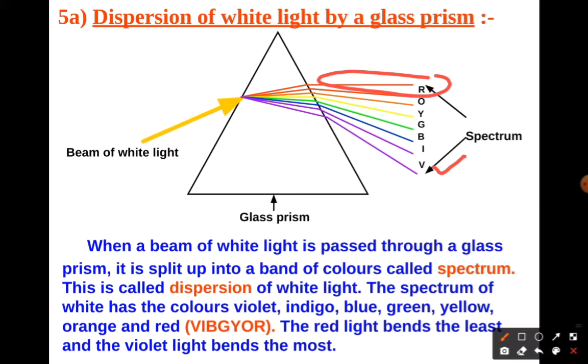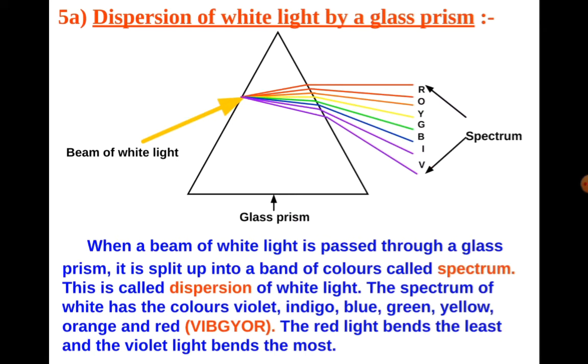On the other hand, the angle of refraction of violet color is maximum, and hence violet color deviates the most while passing through the glass prism. Also, yellow color takes the mean deviation because the sensitivity of the eyes is maximum at that wavelength. Okay, so when a beam of light passes through the glass prism, it is split into bands of color, which you can see on this page here.